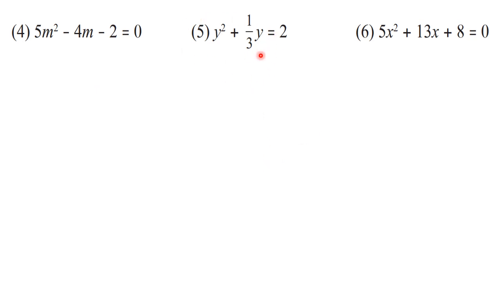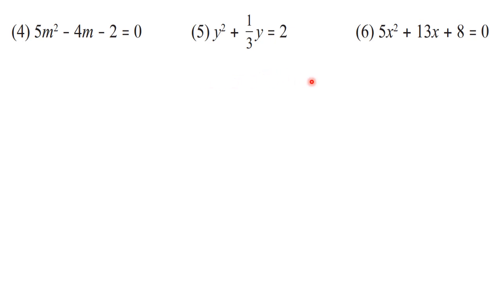Only here in the fifth case, you know how to simplify it. Like here you have a fraction, so you don't want this 3 in the denominator. What you are going to do here is multiply both sides of this equation by 3. So when you multiply by 3, you will get 3y square plus y is equal to 6. And then shift that 6 on the left hand side. So your equation will become y square plus y minus 6 is equal to 0. That will be in the standard form.